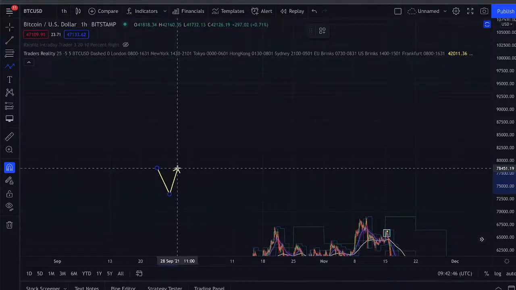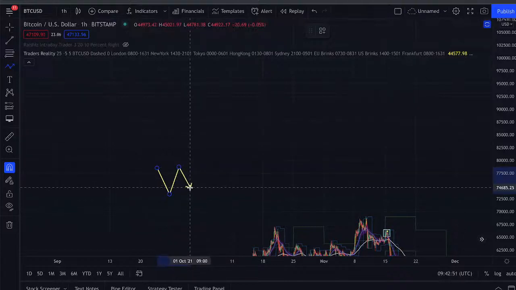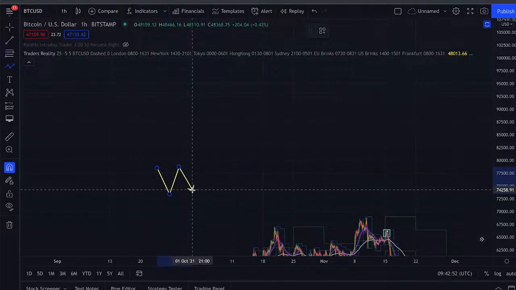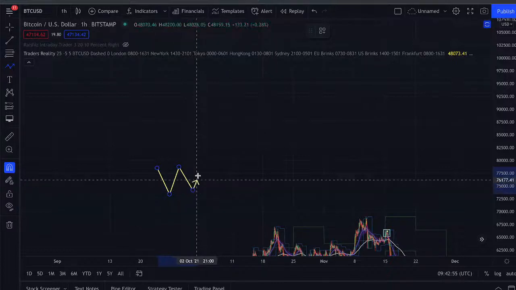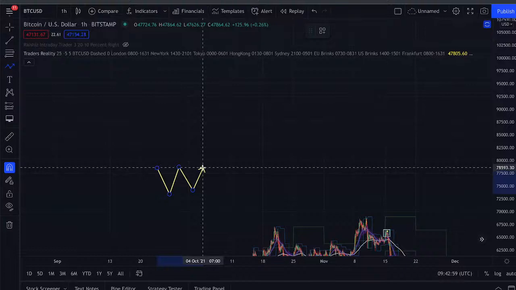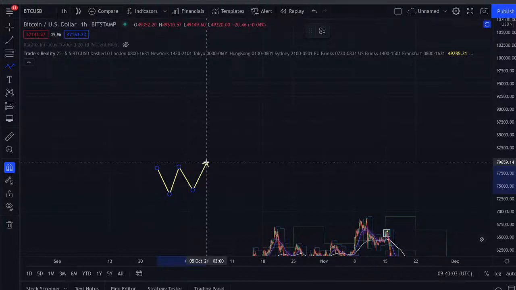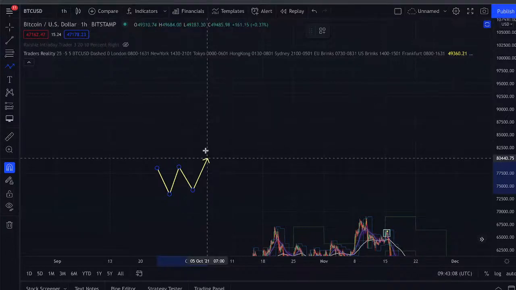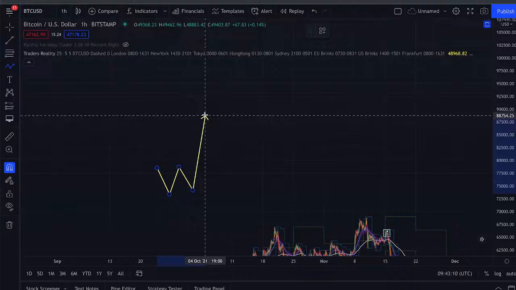W formation under the EMAs, remember? It forms. So it's come all the way down on the left-hand side. It's gone up, and this just keeps hitting around those EMAs, the blue line and the white line. The blue one is your 50-day moving average on the hourly chart. Okay, so now it breaks away from the 50-day moving average,